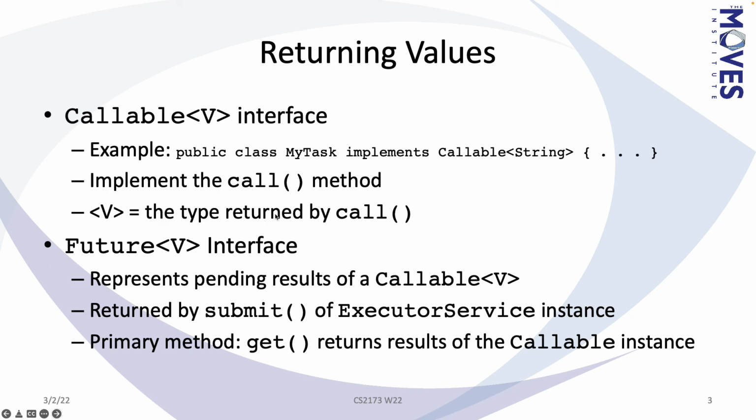And that's where the Future interface comes in. So the way they have it set up is that with executors, reusing those executors, if you give it a Callable, it will return an instance of a Future, and that will allow you to get what the get was